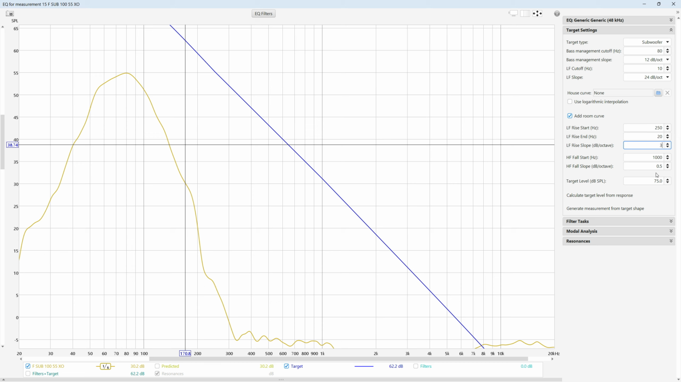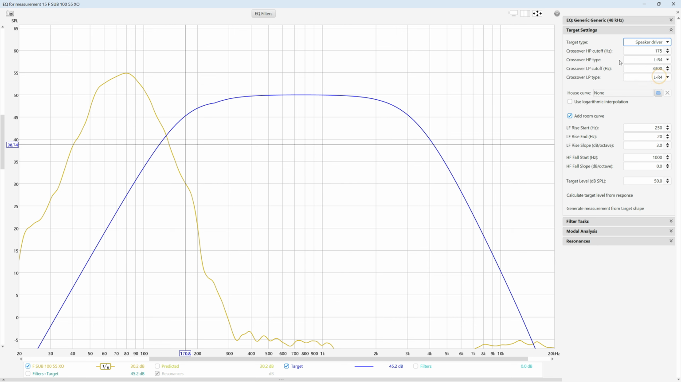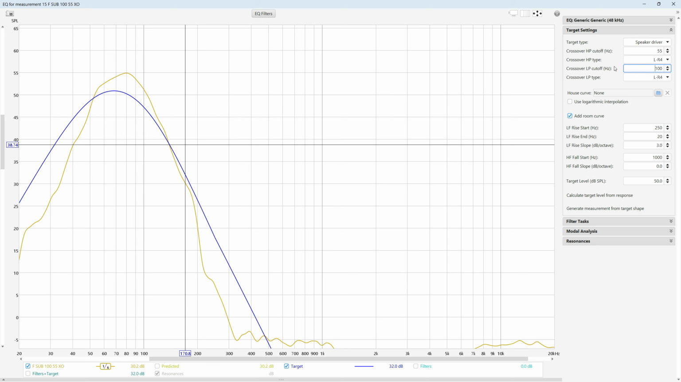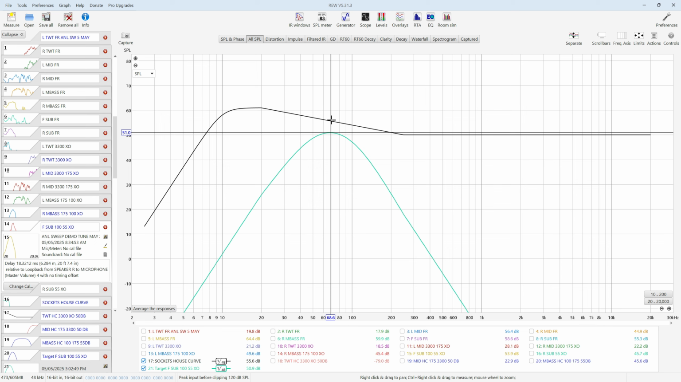250, 30, 50, and we want a speaker driver, LR4 LR4s, and it's 55 to 100. Fantastic. Alright, so we can generate measure from target, and there is the front sub target curve. We can turn that off, and once again it needs to be lifted a little bit, so 51 through to